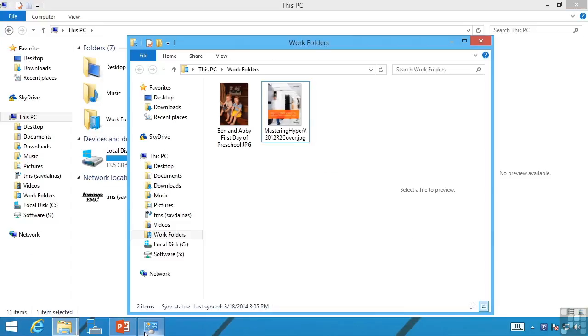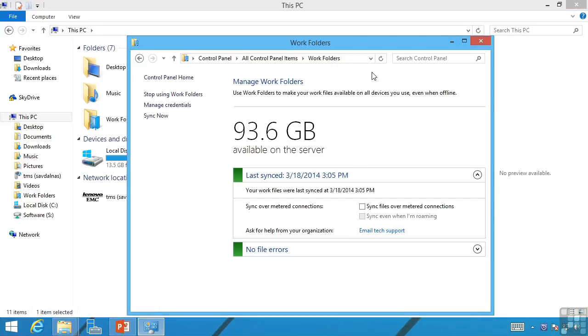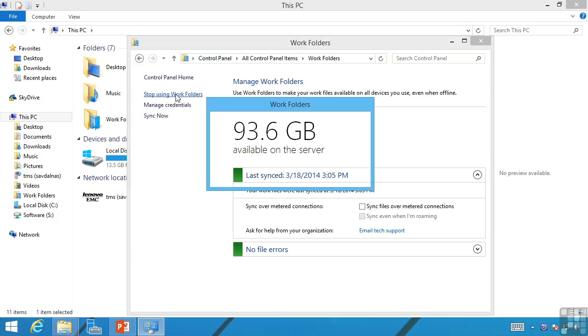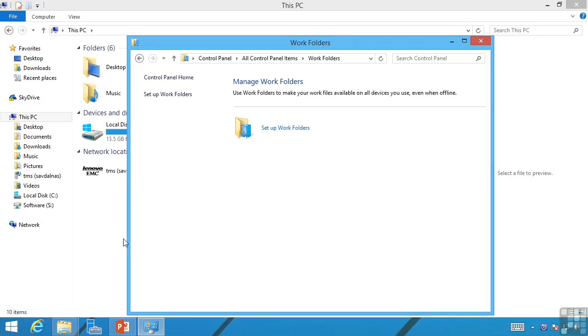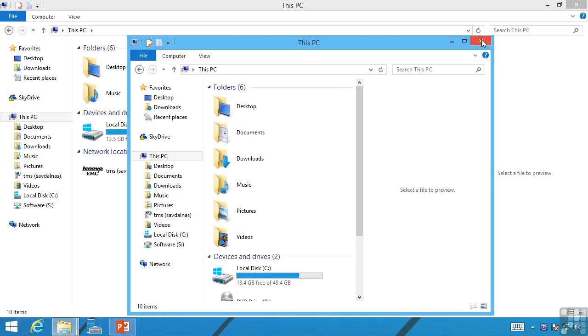If I wish to stop using Work Folders, I go back to this Control Panel applet. Notice here, it shows me the overall status of my Work Folders connection. I can say to sync even over metered connections. I can force a synchronize now, or I can say stop using Work Folders. This now turns off that synchronization, the Work Folders disappears, and I'm back in the state I was before this